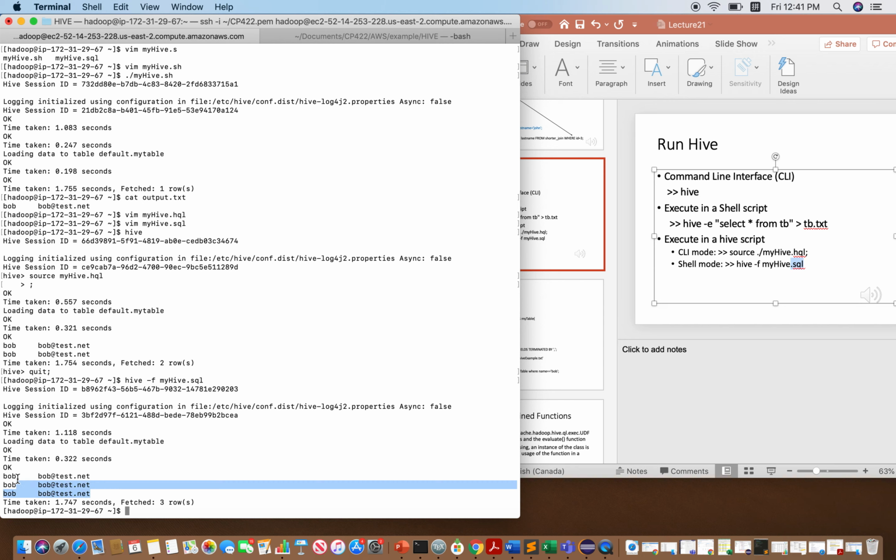Now we expect to have 3 lines because we insert the data into the table again. Okay, that's how we run